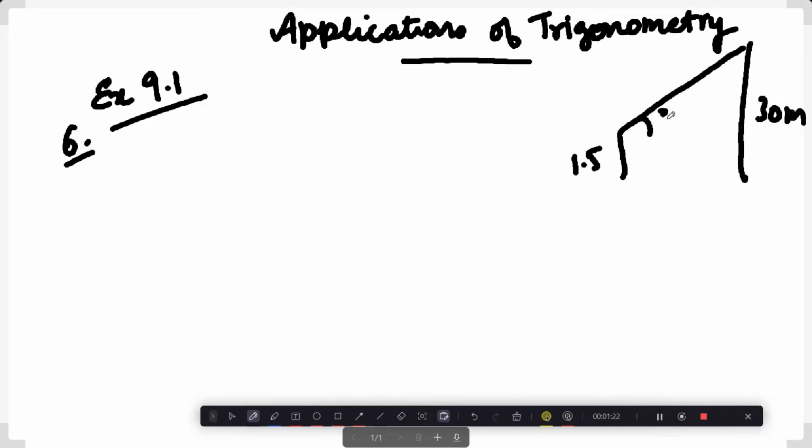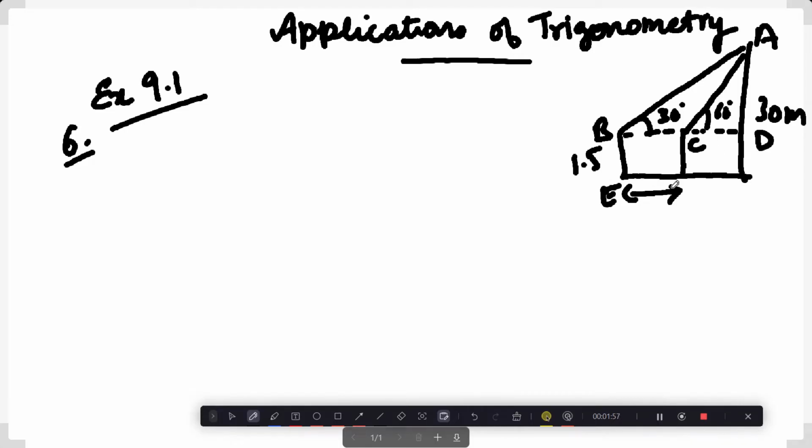right, is 30 degree, which means this is the horizontal level, this is the line of sight, this is the angle of elevation. Now, when it says that the angle of elevation from his eyes to the top of the building increases from 30 to 60 degree as he walks towards the building. So, for example, if he's at this point, then this becomes 60 degree. So you need to find the distance, that is this distance, which he walked towards the building. All right. So let's just first make this. EFG. This is the question we have translated into the figure right here.